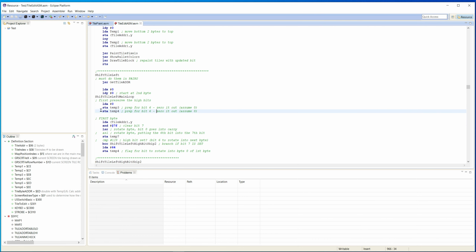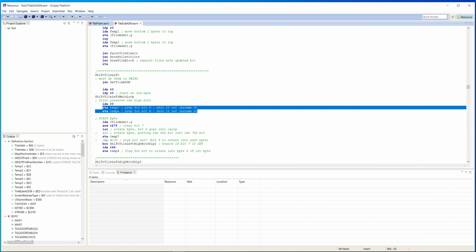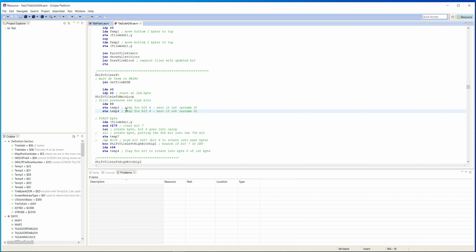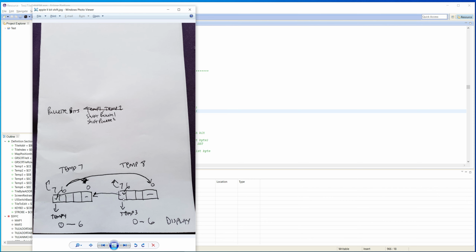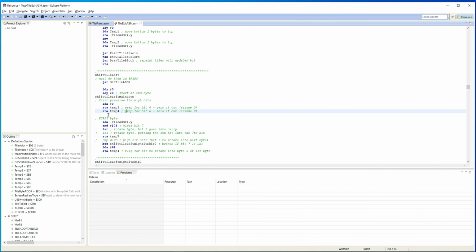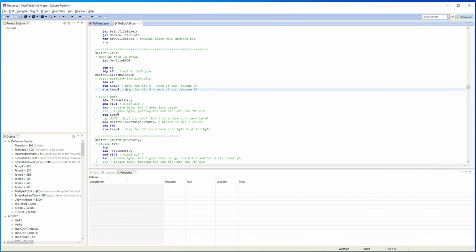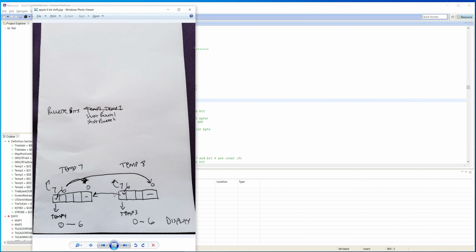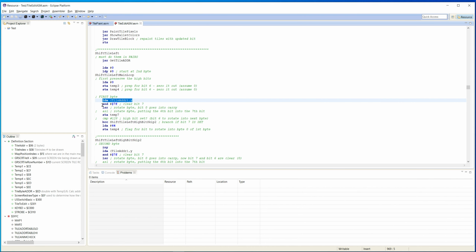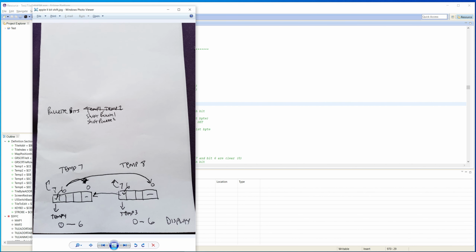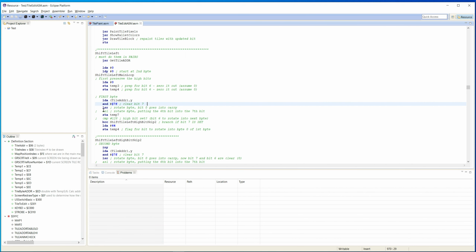This is not true. We clear temp 3 and 4, which are going to be the bit representing bit 6. Remember, the palette bits, if we were to deal with them, would have been dealt with separately. Then we're on the first byte, so we're on the left-hand byte over here. And we clear bit 7 there. So we clear up bit 7. So that's 0 now. Then we shift right,